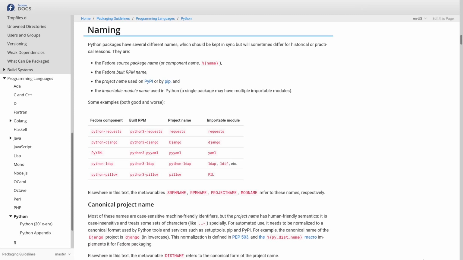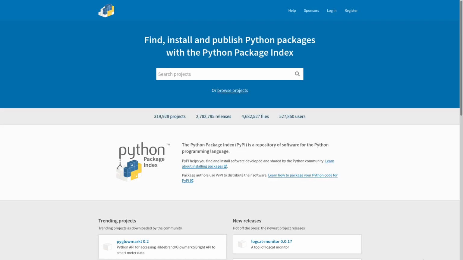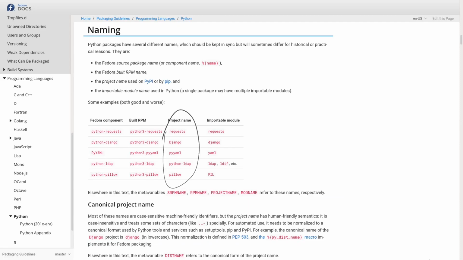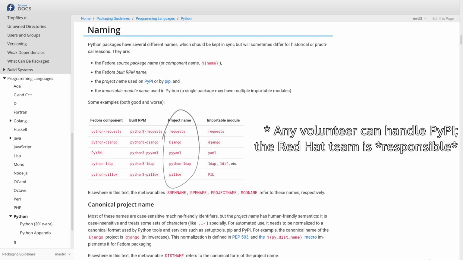One of the complications is that upstream projects use the PyPI namespace. If you see pytest equals 6.2.4 in an upstream Python project, the pytest is the name on PyPI. PyPI is the namespace everybody uses. Allowing alternative namespaces has been discussed upstream, but so far no one thinks it's worth their effort to allow it. And so the project name in Fedora packages must match the project on PyPI, or at least the name needs to be reserved on PyPI to avoid future duplicates. That's a hard requirement in the new guidelines, and the automation relies on this. It's not too hard to deal with PyPI, but the Red Hat Python main team is happy to handle it for you if you want.